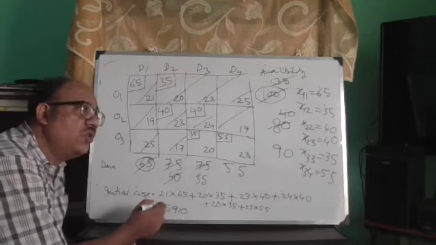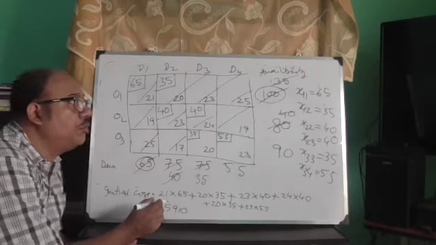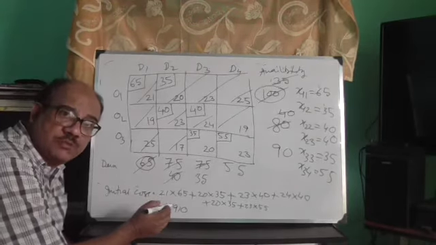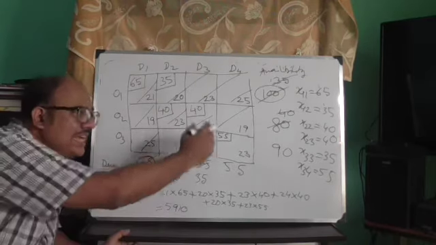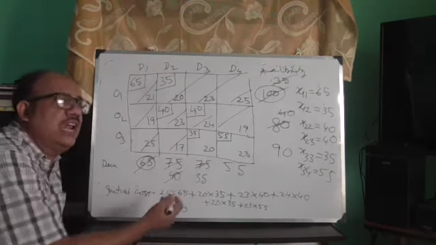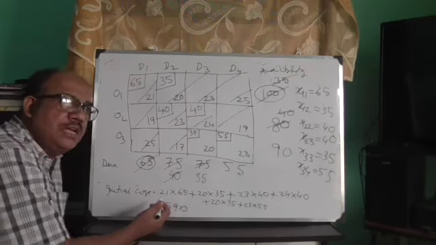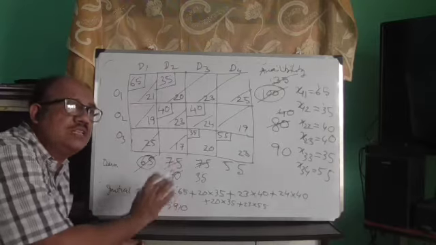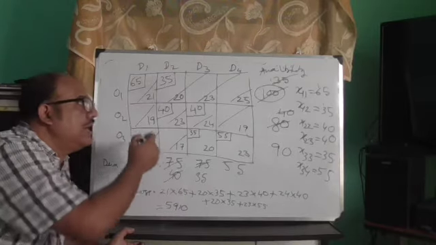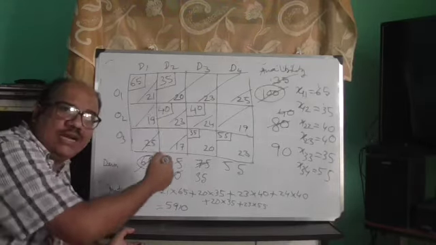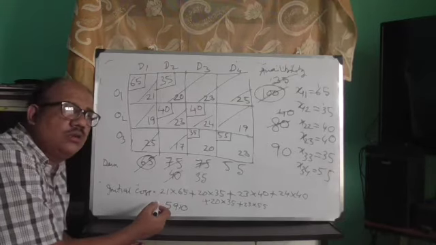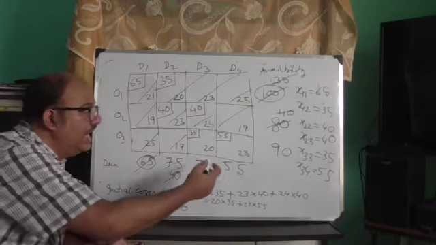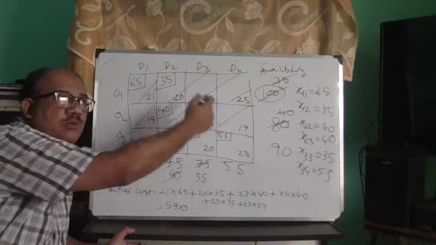Mind that this cost is not the optimum cost. Our objective is to find the minimum transportation cost, but this is the initial allocation. It could be minimum, or it may not be minimum. It is one basic solution, one of the possible solutions, one way that we can distribute from different origins to different destinations, and this is the amount of cost that will be there for the company if we distribute this way.